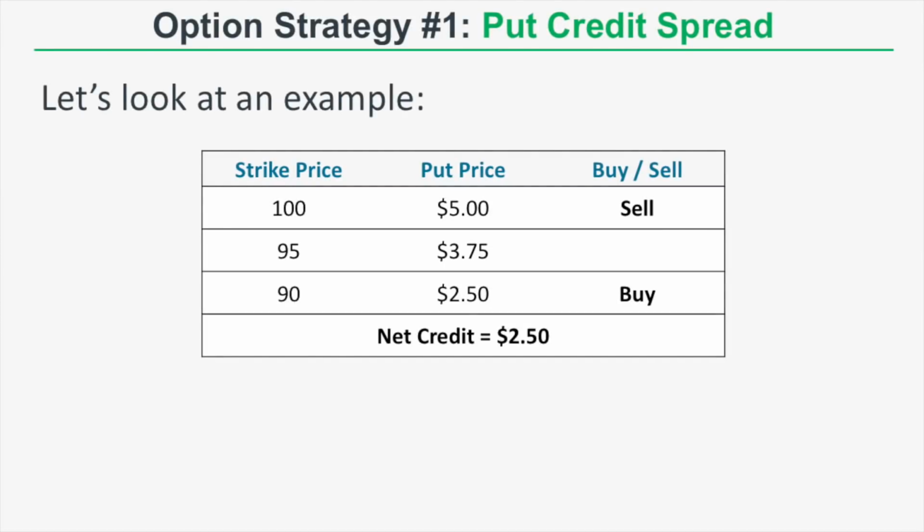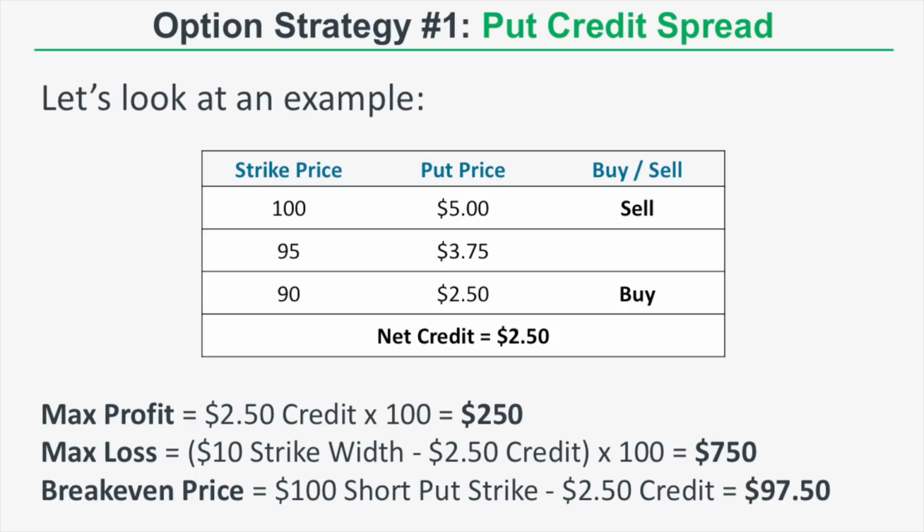So for example, if we sell a put option with a strike price of 100 for $5, and then buy a put option with a strike price of 90 for $2.50, we collect a credit of $2.50 since we're collecting $5 and paying out $2.50. Now that means our maximum profit potential in this example is $250, which is the $2.50 credit times 100,